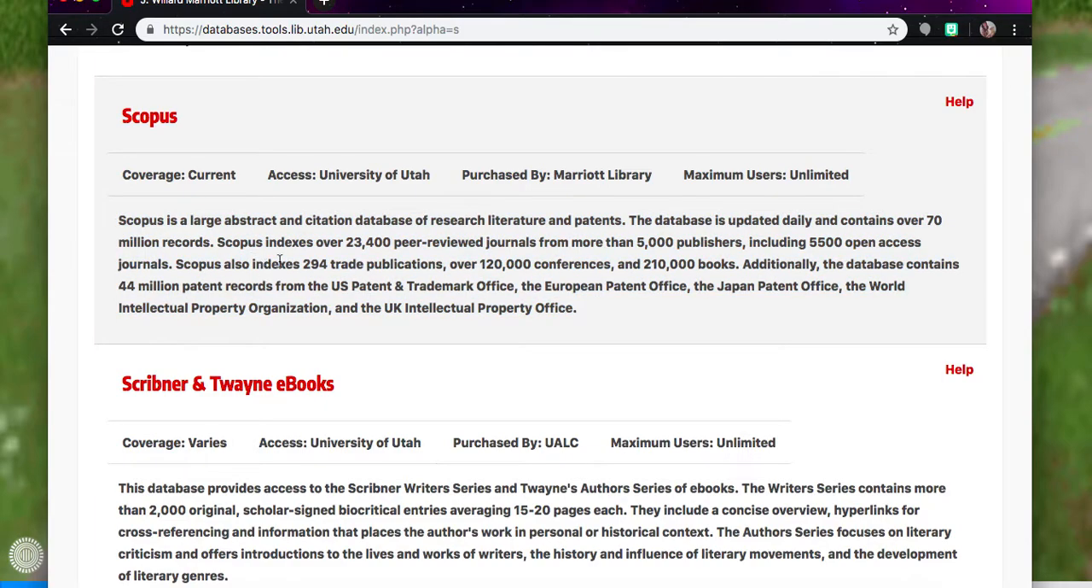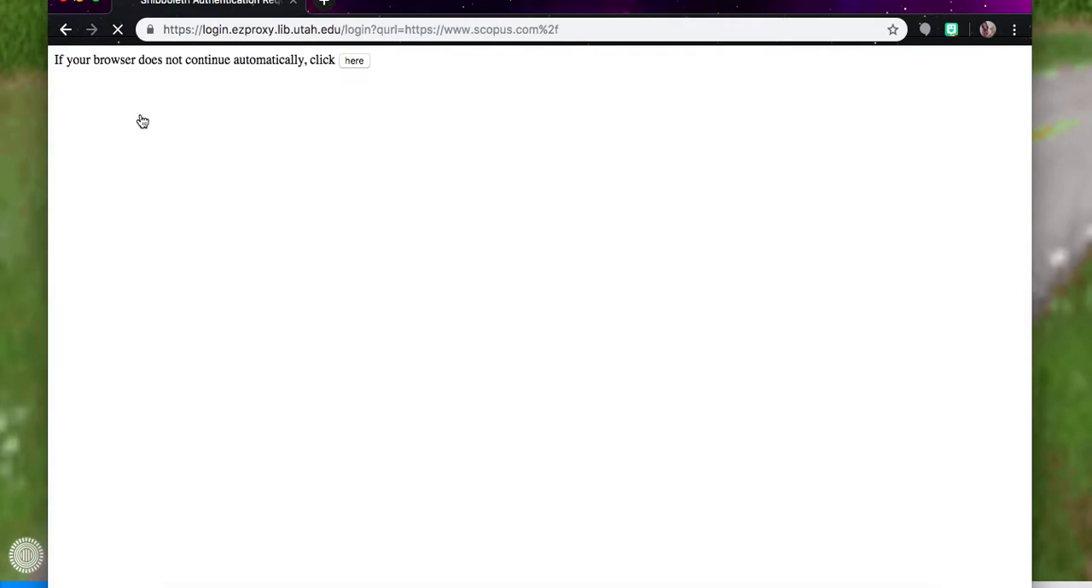So we know that there are a ton of peer-reviewed journals. Peer-reviewed journals, as we know, are always, always scholarly. So this is a good sign. Let's see. All the rest of that stuff is kind of fun facts, but I want to take a look at Scopus. Scopus is a really